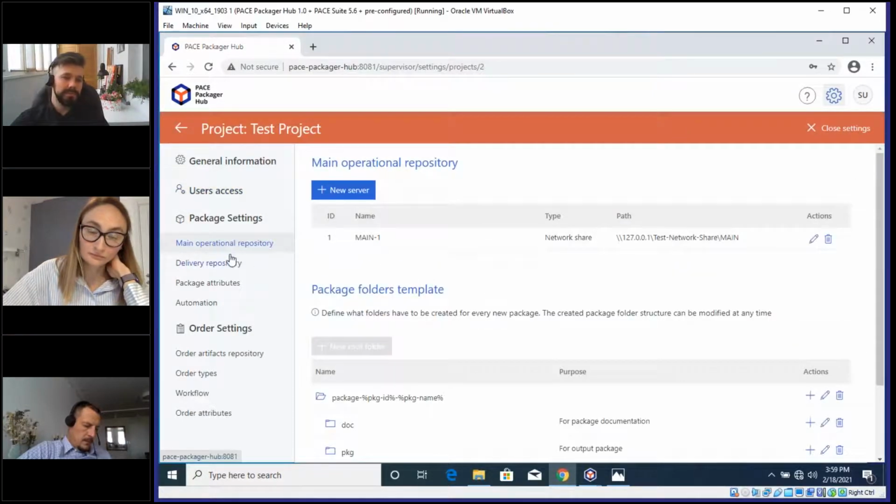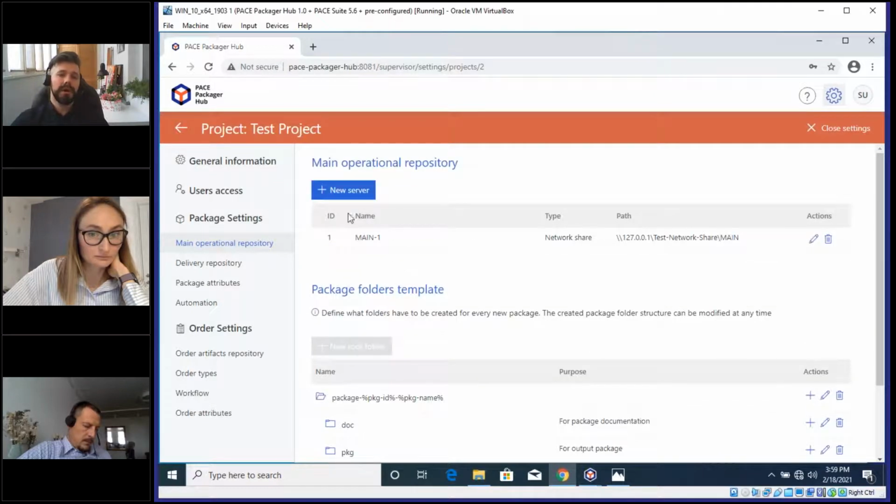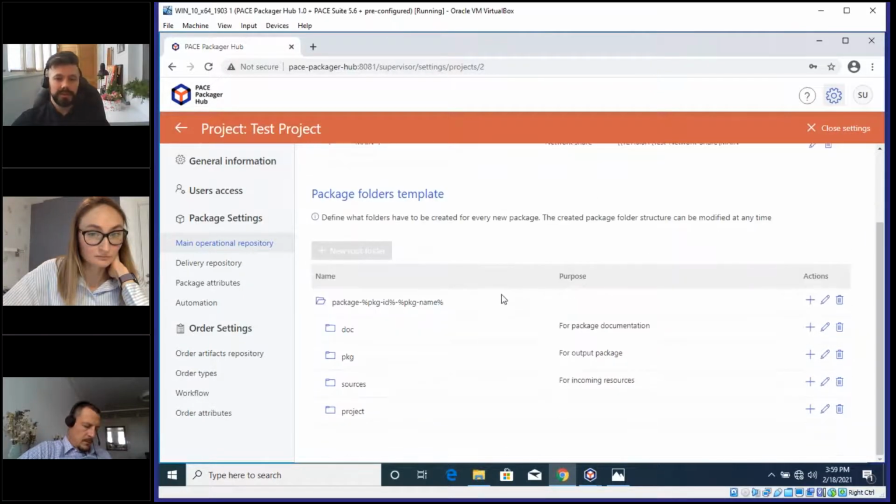We can configure the main operational repository, a location where all packages of this project will be stored. As I mentioned before, a project can have multiple repository servers. And also we can configure package folder templates that will be created for every new package. We can see here